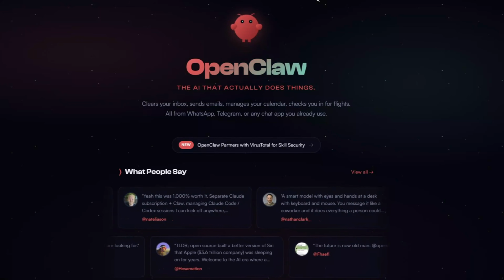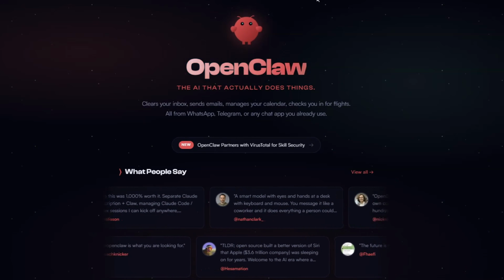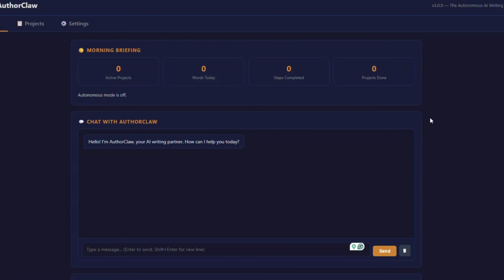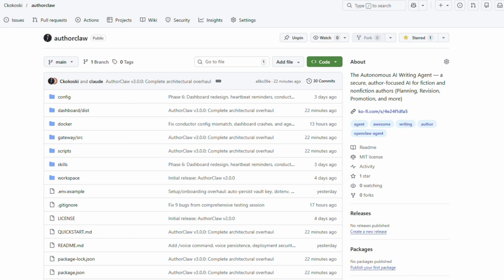Yes, I made an OpenClaw for authors. I call it AuthorClaw, and you can do pretty much everything OpenClaw can do. It runs on your machine, it can work on Telegram, and it has persistent memory. I'm going to show you some cool things that it can do, but first things first, you can get AuthorClaw